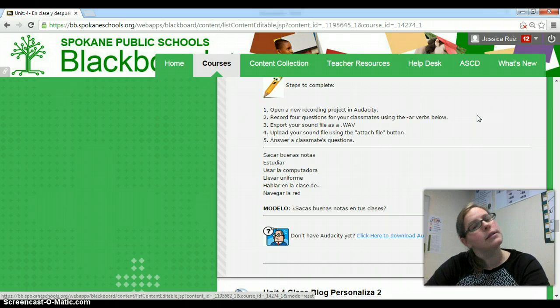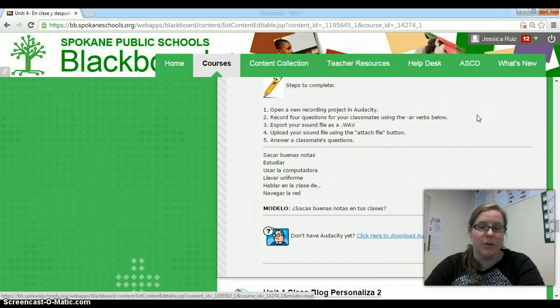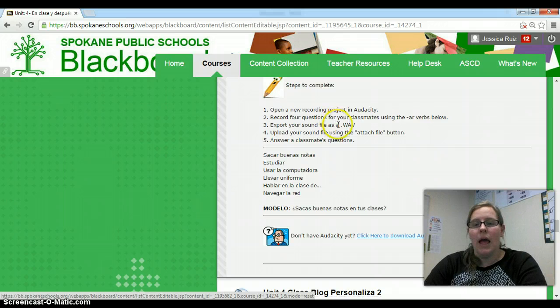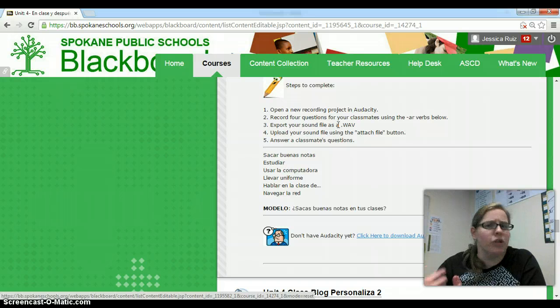Also, am I going to write sentences on this one? No, you're right. You're not going to write sentences because I'm being graded on asking questions. So we want to make sure we always pay attention to those details in the instructions. If you export it as a WAV or whatever file format, by this point everyone should have the file format they know works for them, all right? And then of course you'll upload it.